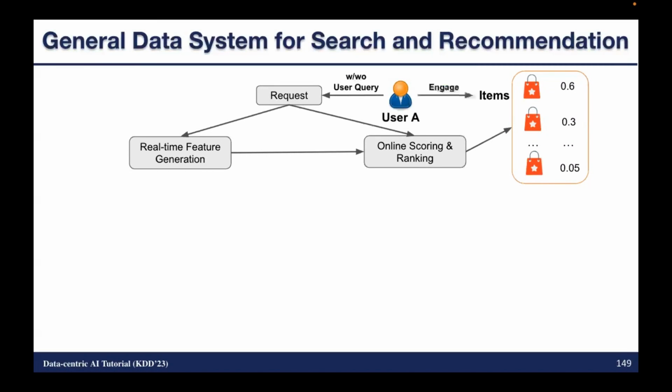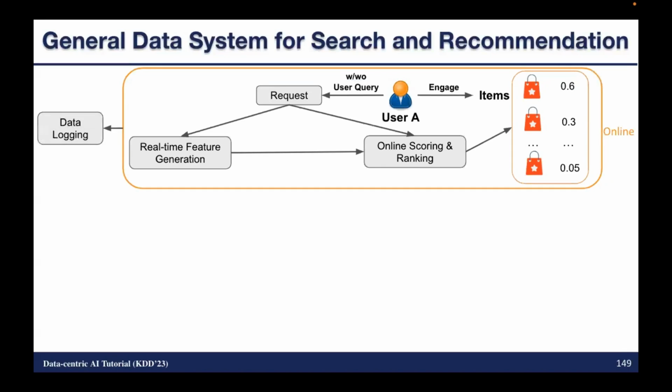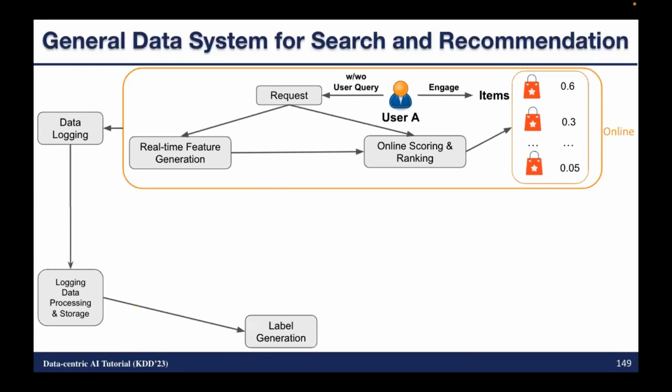The user is going to engage with that. We are going to talk about engagement later, but you can imagine, you can click, comment, like, purchase, whatever things here. The whole part is online. And all the online part, as you can see, the engagement of these things, can be logged. And the logging data we're passing through, stored somewhere. And we are going to use this logging data to, first of all, generate labels for our training model and